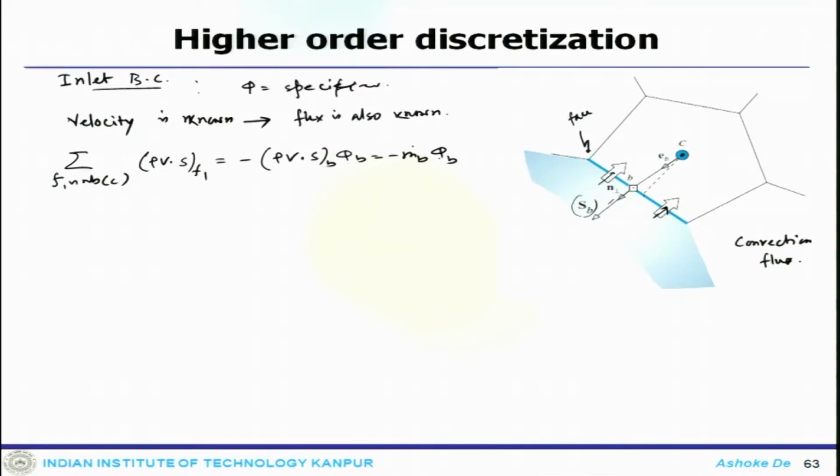Now, if any high resolution scheme is used to discretize the convection flux at the interior faces, I mean, assuming that one has used the HR scheme for the interior faces, and it is implemented via deferred corrections approach, then the modified algebraic equation for the boundary element could be written as A C phi C plus F goes over the element equals B C.